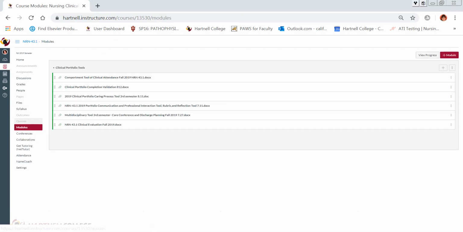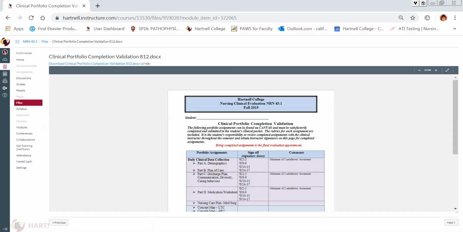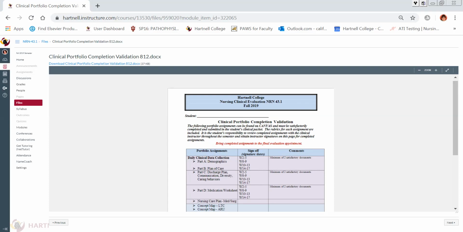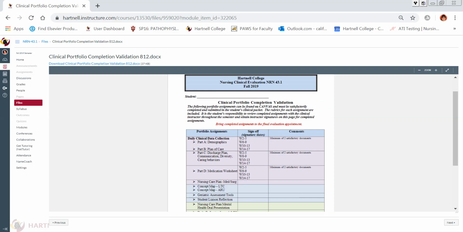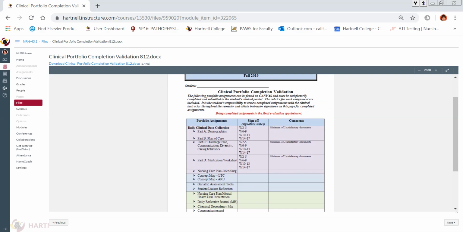So now let's move on to the clinical portfolio completion validation. This is also in your syllabus. My suggestion is that you copy or print all of these from the modules, not from the syllabus. I think they make better copies coming through Canvas, through the modules. So you'll see that this is your clinical portfolio completion validation. These are the things that need to be completed during your